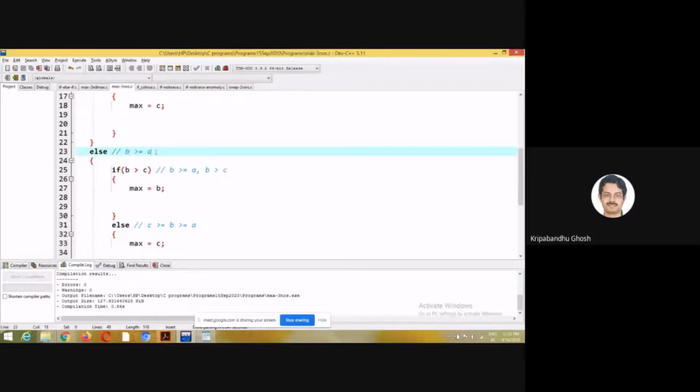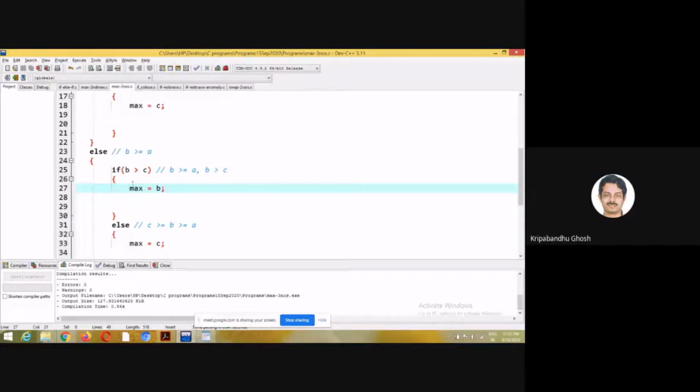So I check B with the third number, C. If B is greater than C also, even if B is equal to A, it doesn't matter. B is greater than or equal to A and B is greater than C. So B is definitely the maximum number.